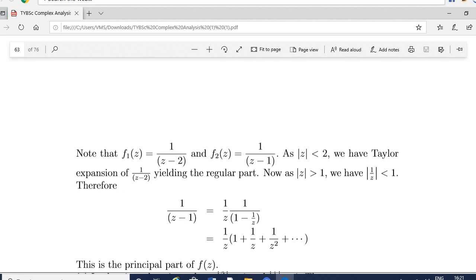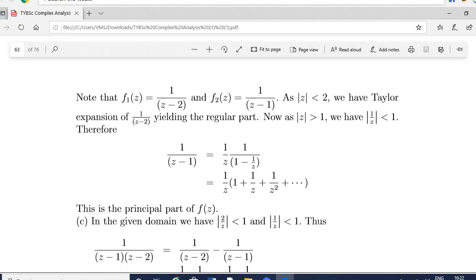So in the other part, 1 over z minus 1, what we have done is 1 upon z minus 1 is written with z taken outside. So 1 over z into 1 upon 1 minus 1 over z. Now that bracket in the denominator, 1 upon 1 minus 1 over z, you can expand because mod of 1 over z is less than 1. You must be remembering such problems we have done in the classroom. So if you expand, you will get the earlier 1 over z factor outside, and 1 upon 1 minus 1 over z can be written as 1 plus 1 over z plus 1 over z square and so on.